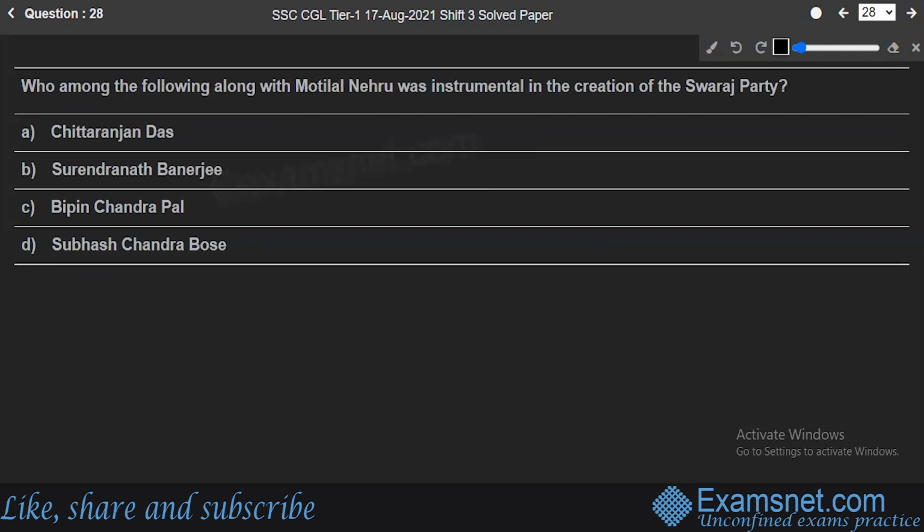Who among the following, along with Motilal Nehru, was instrumental in the creation of Swaraj Party? Is it Chittaranjan Das, Surendranath Banerjee, Bipin Chandra Pal, or Subhash Chandra Bose? Well, the correct answer to our question is Chittaranjan Das. Swaraj Party was formed by Motilal Nehru and Chittaranjan Das and was named as Congress